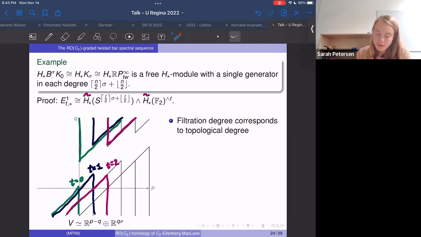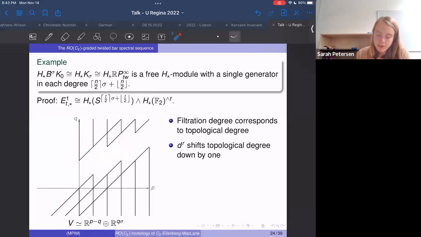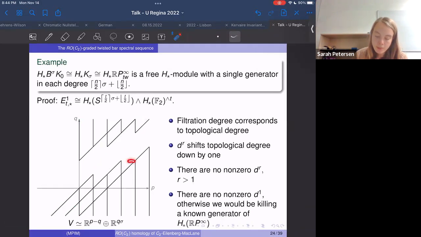And we can notice that in this particular case, the filtration degree, which here is 0, 1, and 2, and so on, matches the topological degree, which is the degree along the horizontal axis. And a d_r differential can only shift the topological degree down by 1. So in particular, it can only reach backwards that far. And we have this whole nice gap in here, which means that there can be no non-zero differentials for r greater than 1. So this leaves the possible case where we could maybe have a d1 differential, which might look like this,